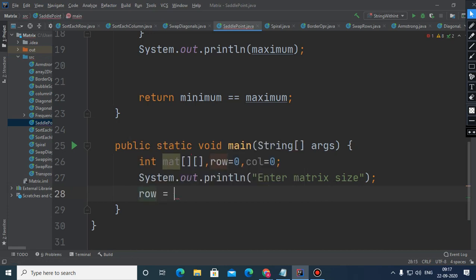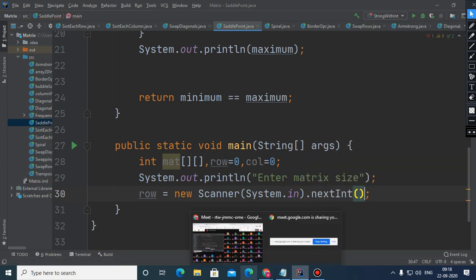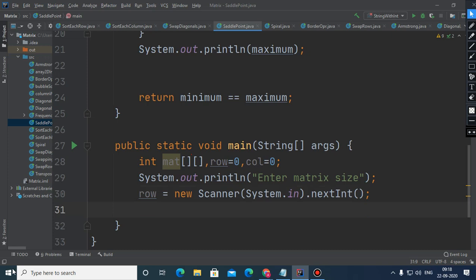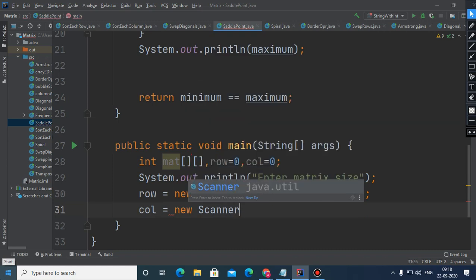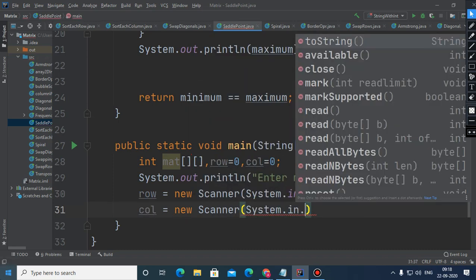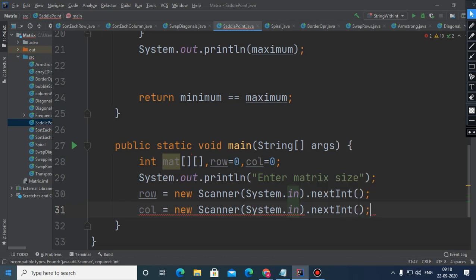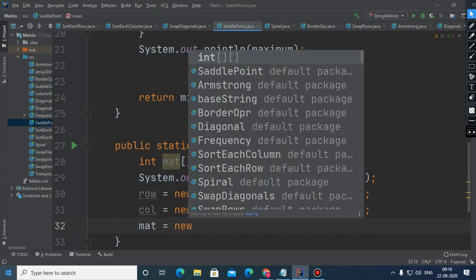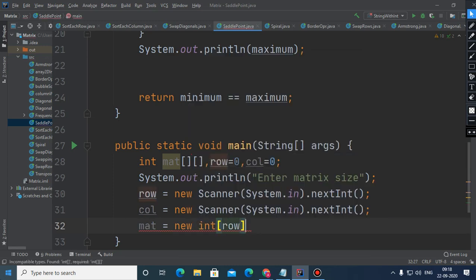That is row is, here we have taken the Scanner class, dot nextInt, and here this column is new Scanner System.in nextInt. This is the other dimension of the matrix we have got. Initialize the matrix of size row and column.